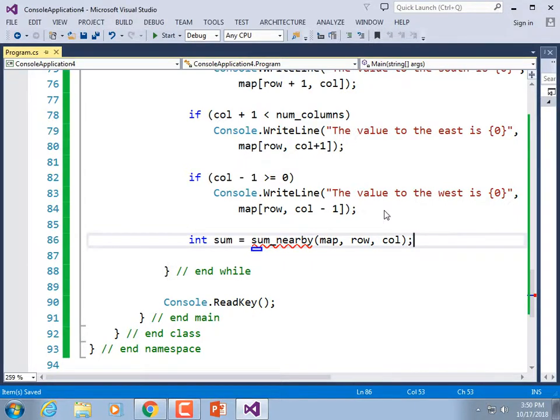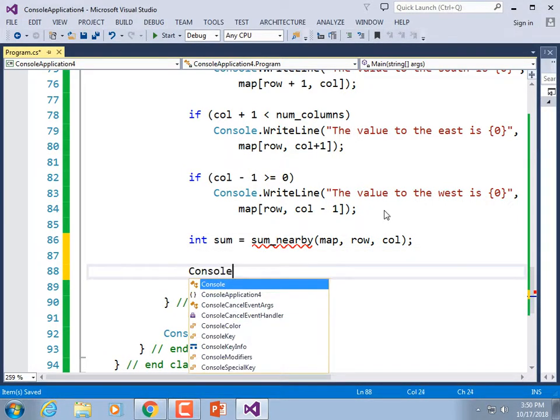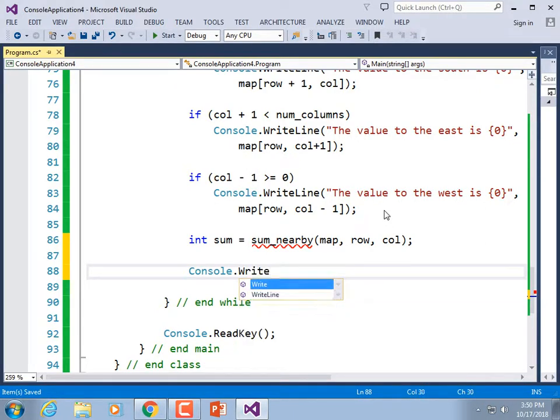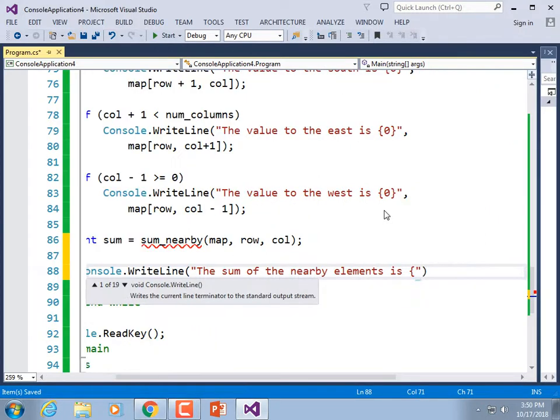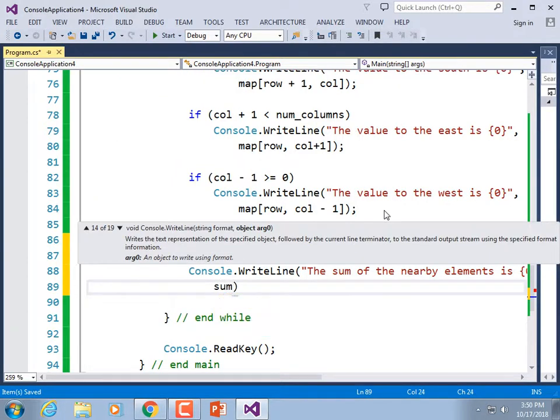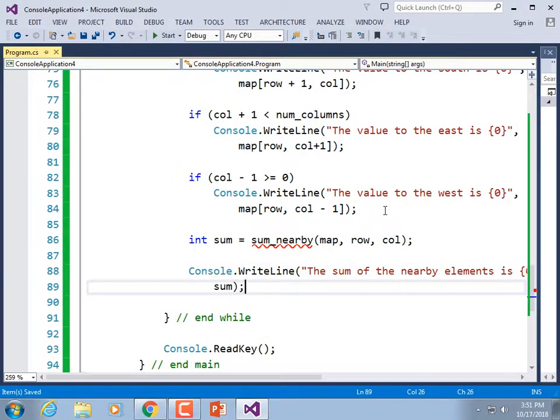In preparation for that, Console.WriteLine: "The sum of the nearby elements is {0}", sum, in parentheses and semicolon. All right, and of course it's still complaining that we don't have a sum nearby method. I'm going to copy that just to keep it in my head to see if I need to remember the